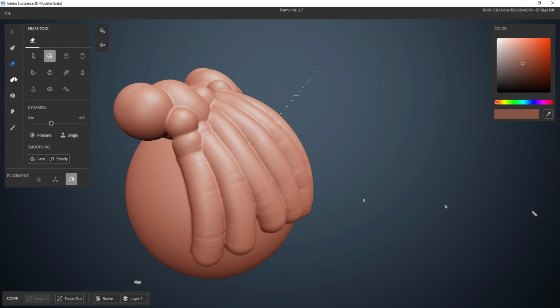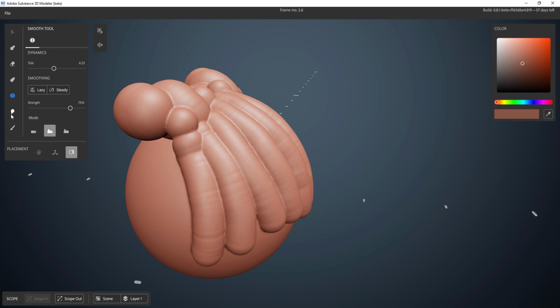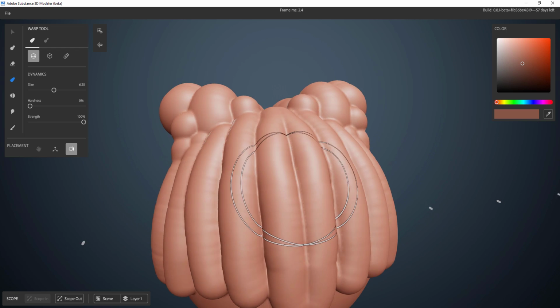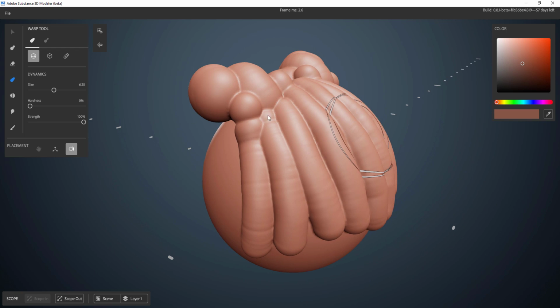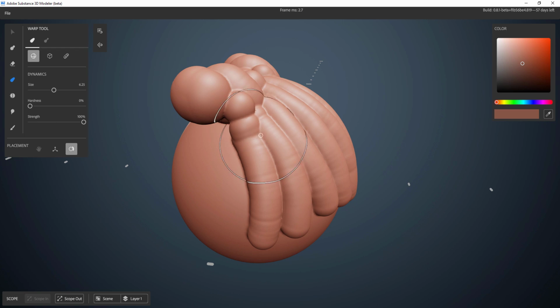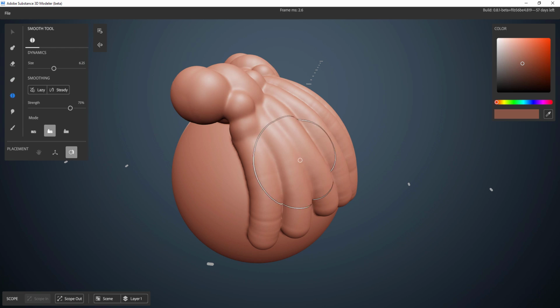This applies to the eraser, the warp tool, the smoothing tool, and also the inflate. The warp tool is more like your move or grab tool, depending on the 3D app you're coming from. And this is a pretty impressive one to see. So if we'd like to smooth things out, if we hold down Shift on the keyboard, you can smooth this